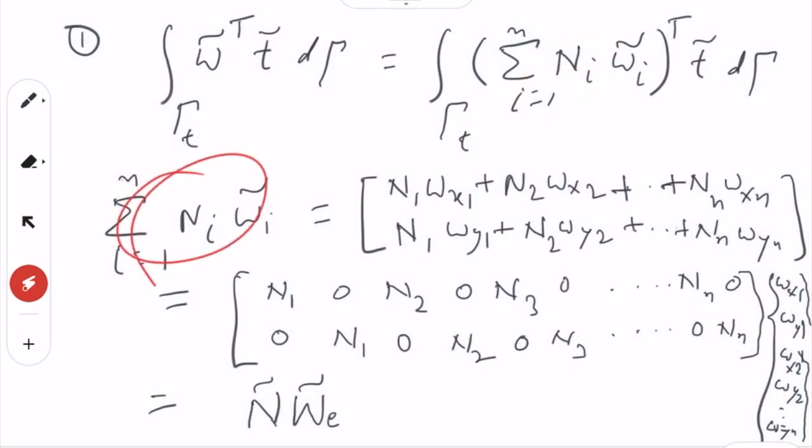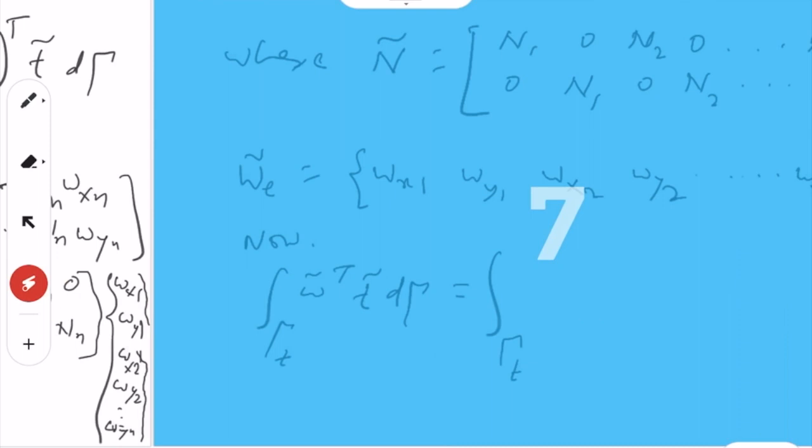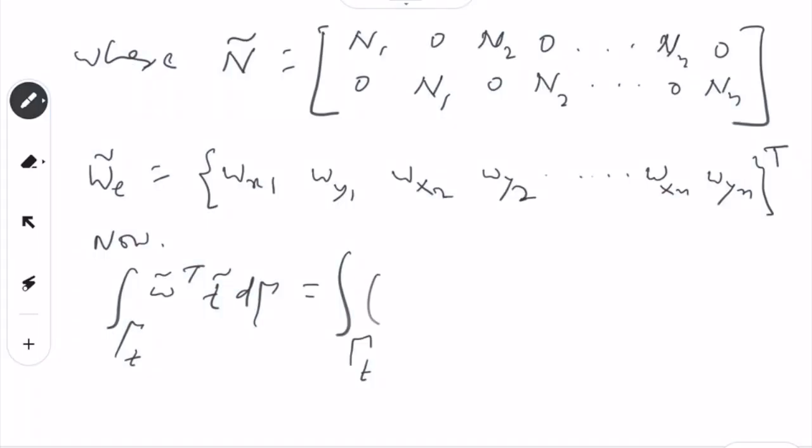So, this is equal to N W e. We put it there. So, N W e both tilde transpose t transpose d gamma, which is equal to nothing but